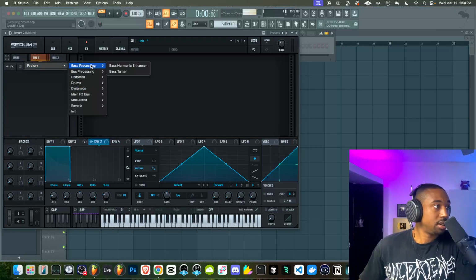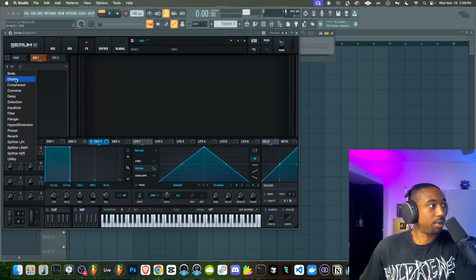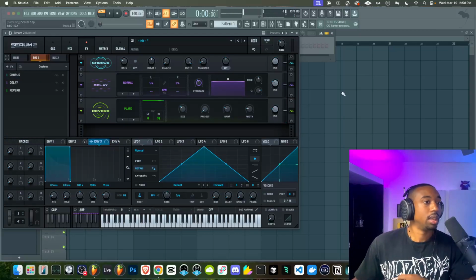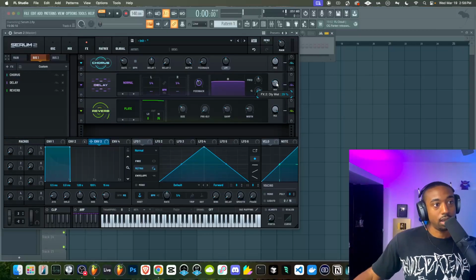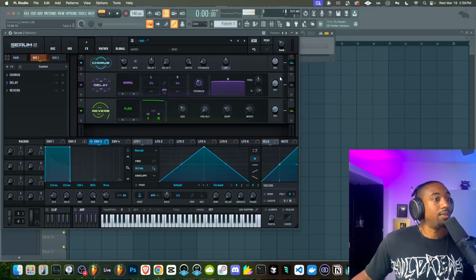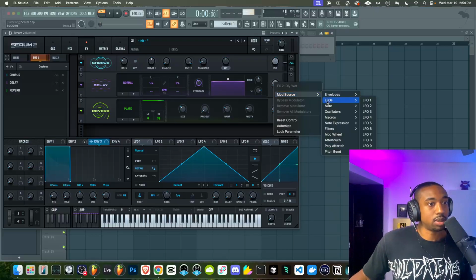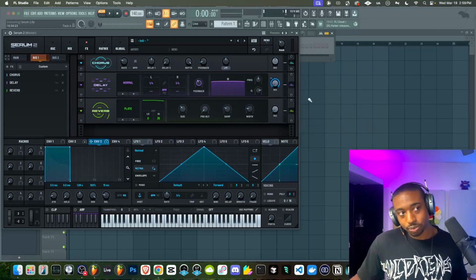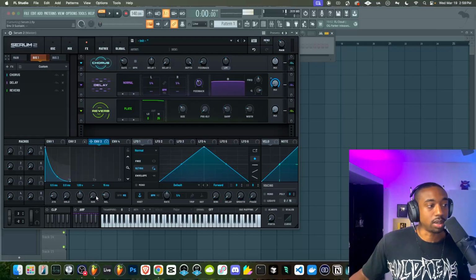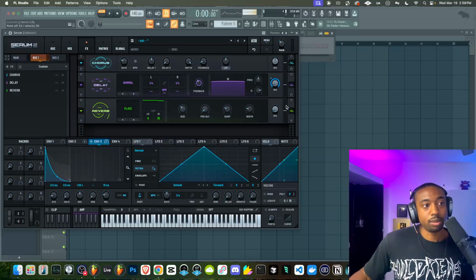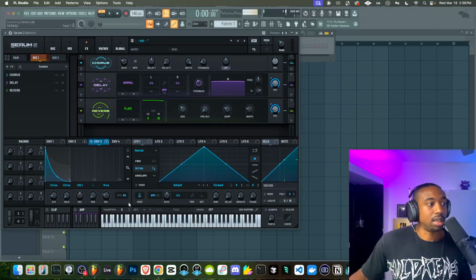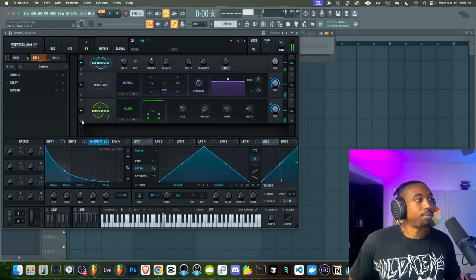Okay, so there's presets here if you guys want to use presets. Me, I'm going to go to the effects. I like chorus, I like delay, and reverb. And what I want to do here is turn the mix level down to 0. And then we're going to automate this with envelope 3. Let's right click, mod source, envelope 3. What this means is that envelope 3 will determine how the mix level of these effects work. So we can give it a decay curvature, meaning that it will turn on and turn off based on envelope 3, basically allowing us to truncate the effects.